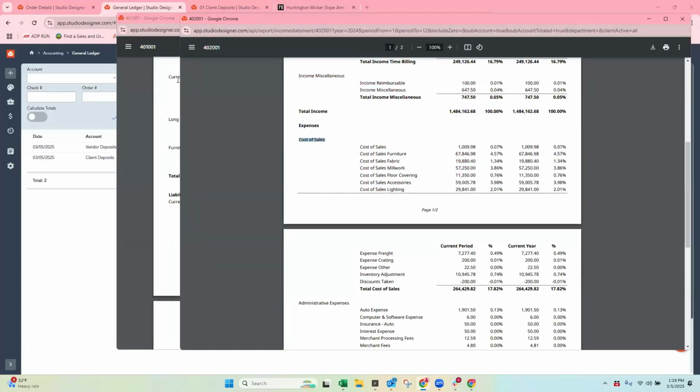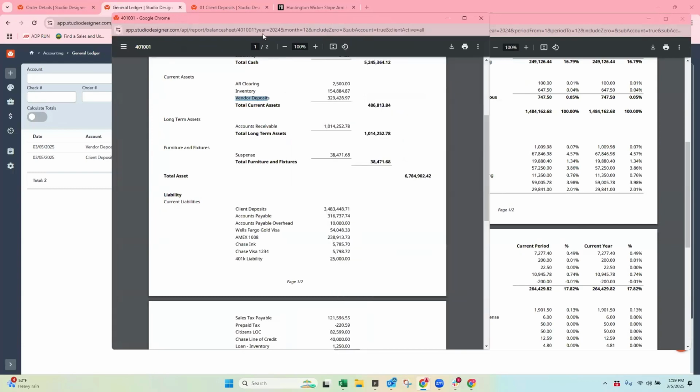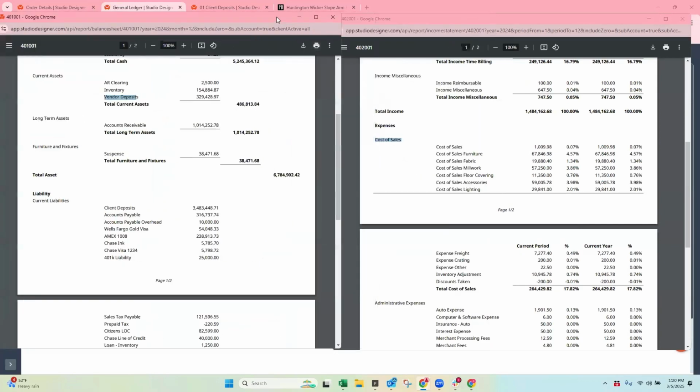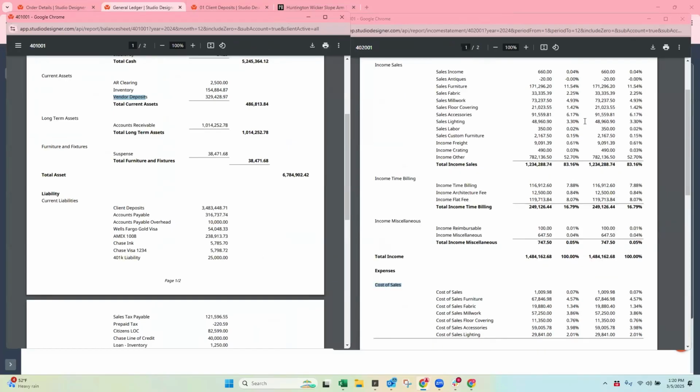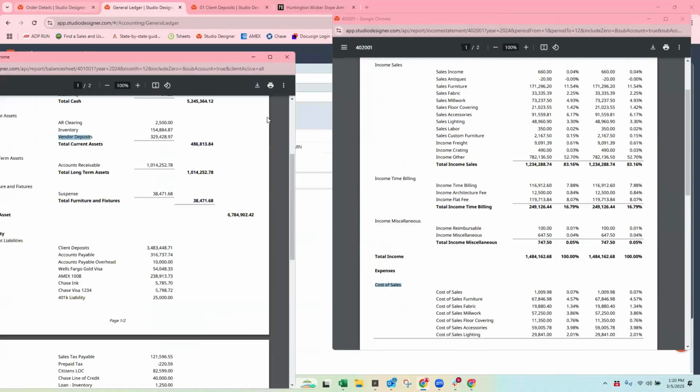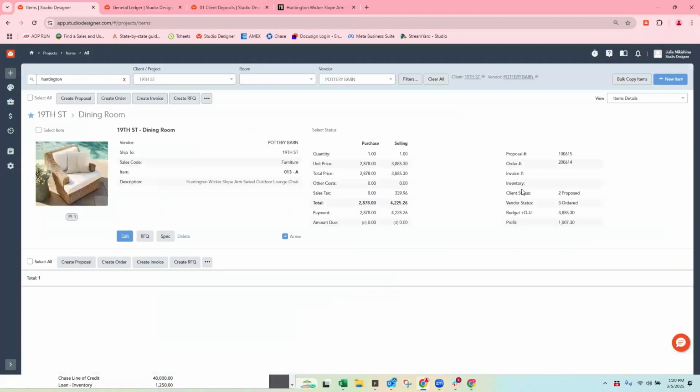And so one of the main reasons Studio is accrual is for us to understand as a firm, how much are we actually profiting from the sale of product. So when you invoice this particular, and again, this is one little example, right? When we invoice this chair, we're going to show that we made $3,800 of revenue and $2,800 of cost. So we're going to see that we made $1,000.